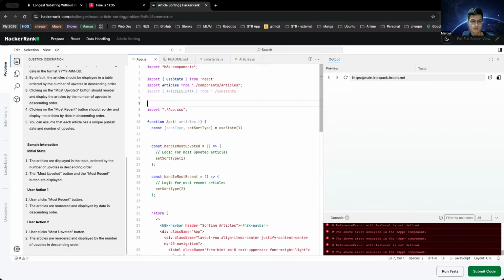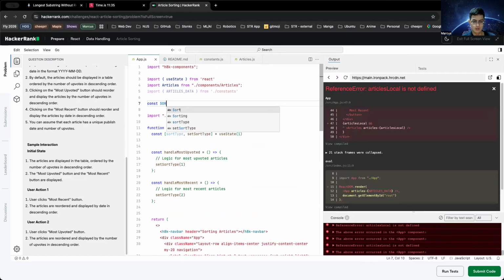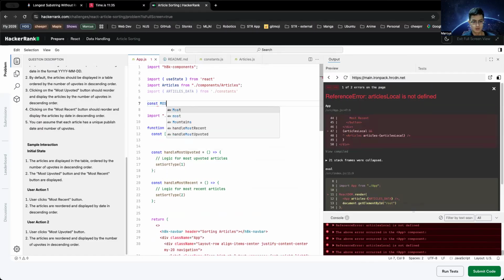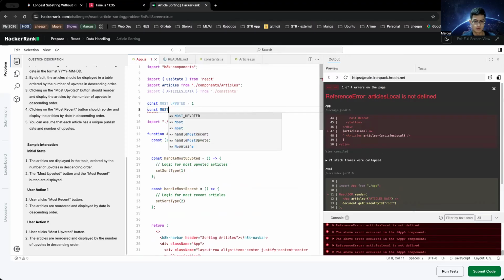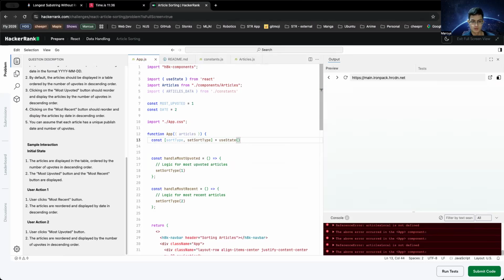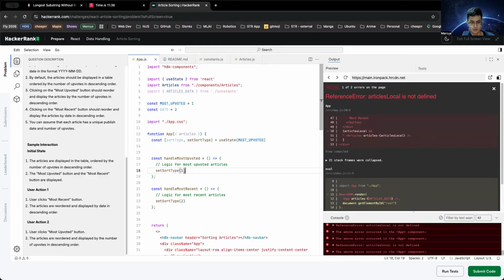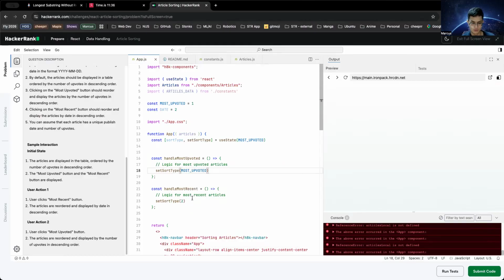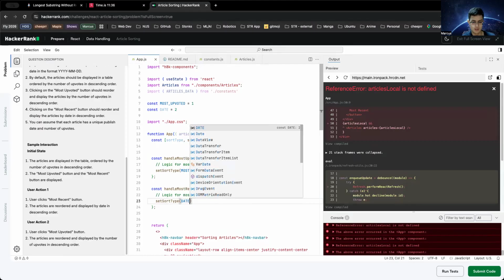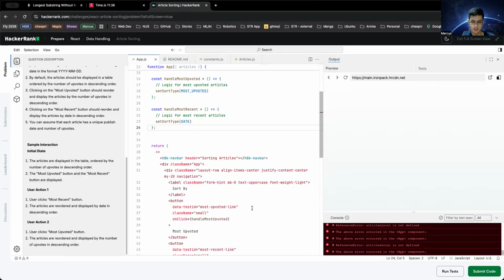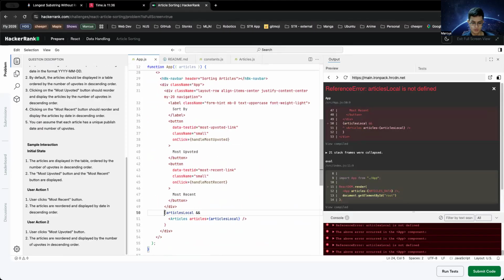So const most upvoted, const most date two. By default it is most upvoted, and this is date. I don't know how this works. And then now I want to do